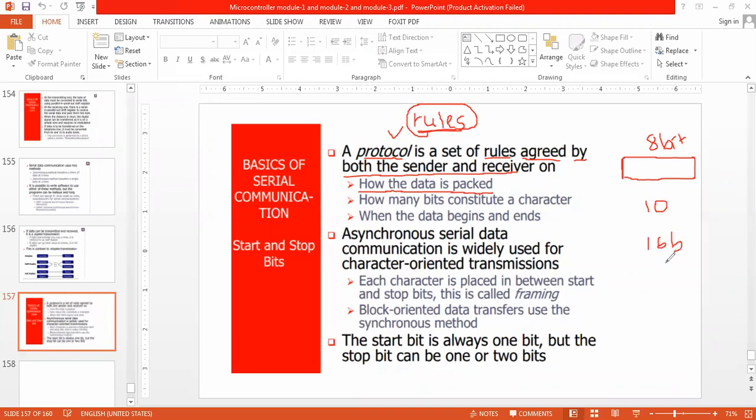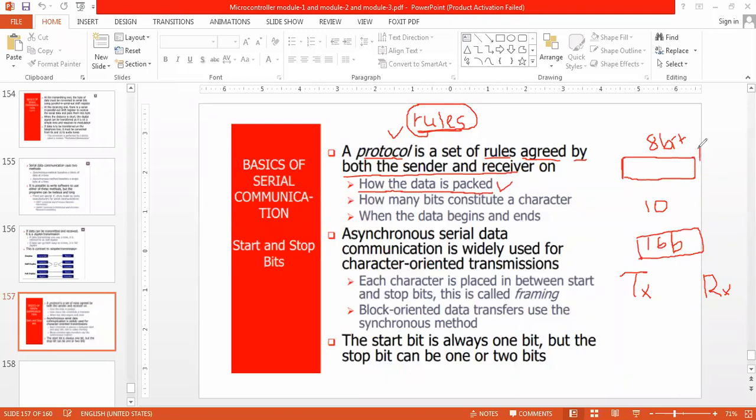There should be some understanding between the transmitter and receiver about the type of data and how it is being packed.